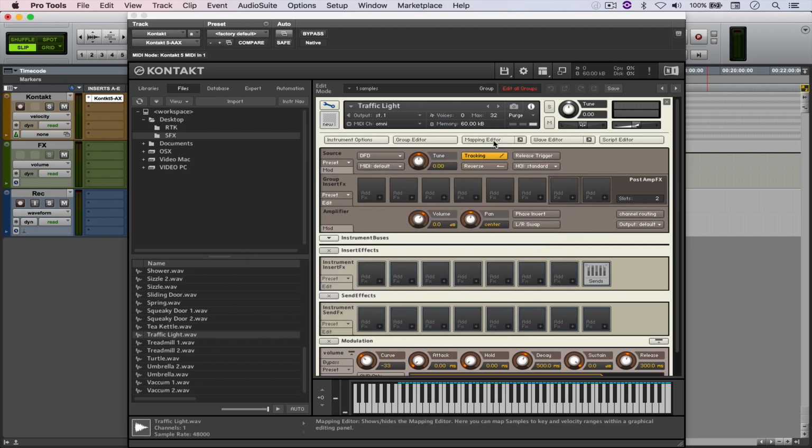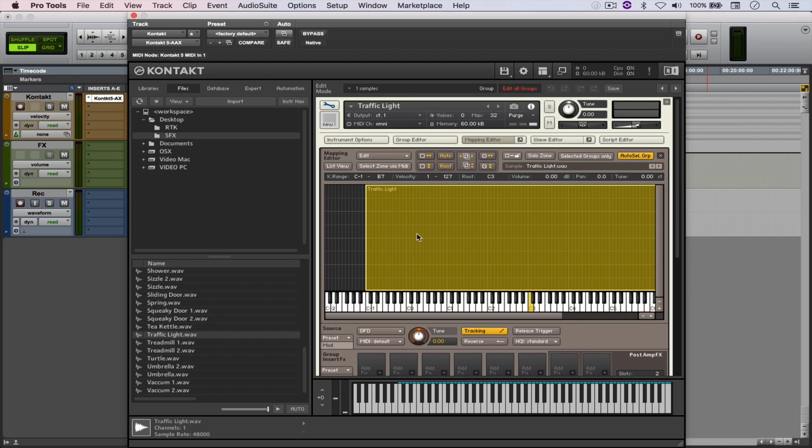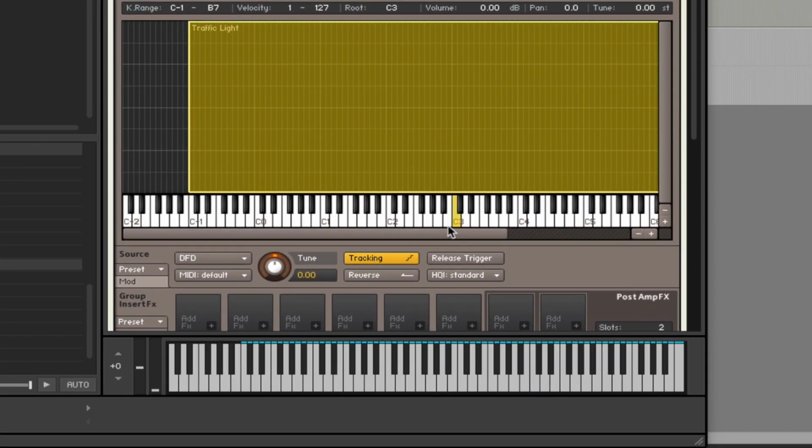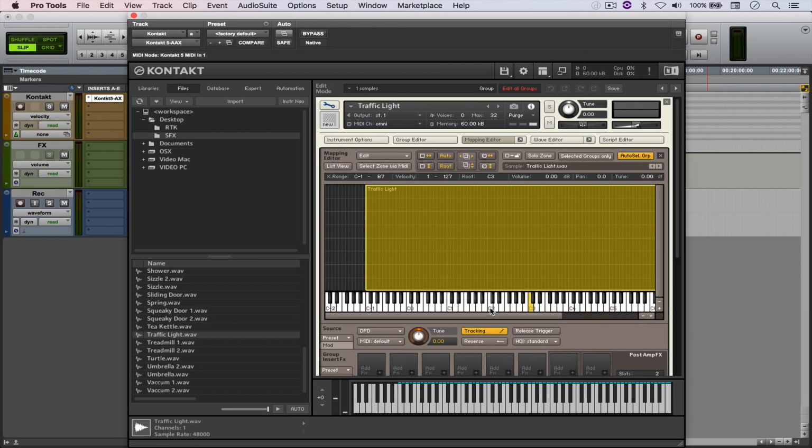And right here under mapping editor, this is where you can map your sounds to be played in a specific key or throughout your keyboard. So you can see that right here under this yellow C3 key, this is just telling me that that is the note of this sound. So if I play it on C2, it's going to be an octave lower, right? And to map the sound to the keys, you just click here and drag it to that key that you